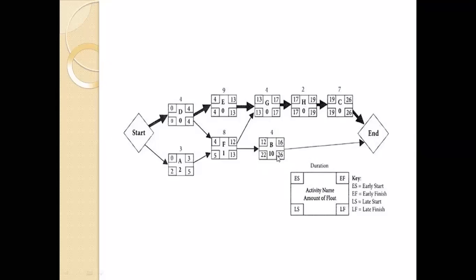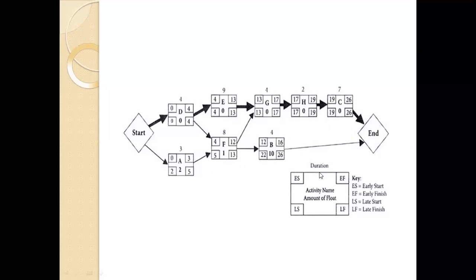So we have the activity name, amount of float, early start, early finish, latest start, and latest finish. You will ask me, what does the amount of float mean? Amount of float here is latest finish minus early finish. 4 minus 4, 0. 13 minus 13, 0. 17 minus 17, 0. 19 minus 19, 0. 26 minus 26, 0. 26 minus 16, 10. 13 minus 12, 1. 5 minus 3, 2. In this way, we can calculate